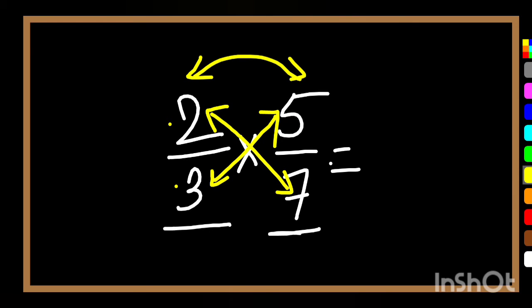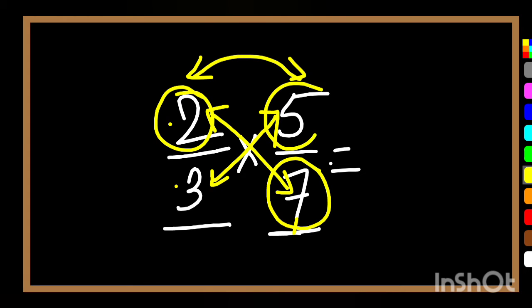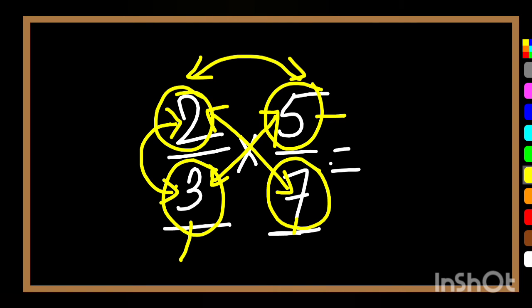Here, as you can see, if we check 2 and 7, their HCF is 1. So these two are already in their simplified form, they cannot be reduced again. If we check this diagonal, means 5 and 3, they are also in their simplified form. So these two also cannot be reduced again. Now we will check these two numerators and denominators, 2 and 3, which is already the simplest form of the fraction, because the HCF of 2 and 3 is 1, and the same is for 5 by 7. This is already given in a simplified form.